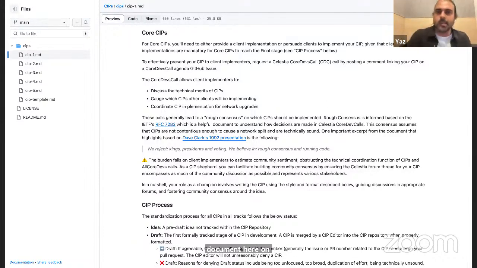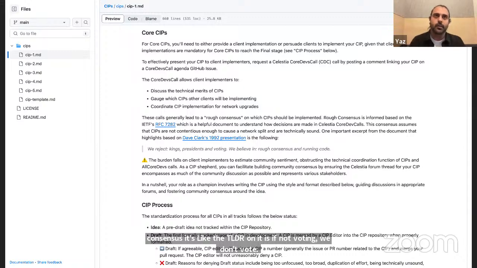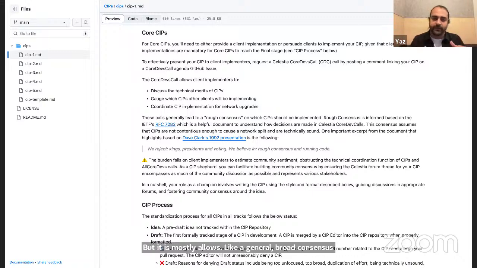The TLDR is that it's not voting. We don't vote. But it allows for a general rough consensus, where the benchmark or rule of thumb is between 50 and 99% consensus or approval.